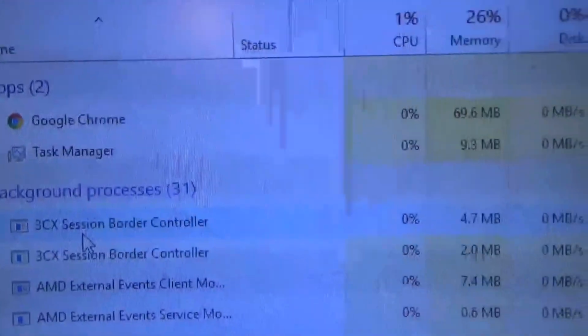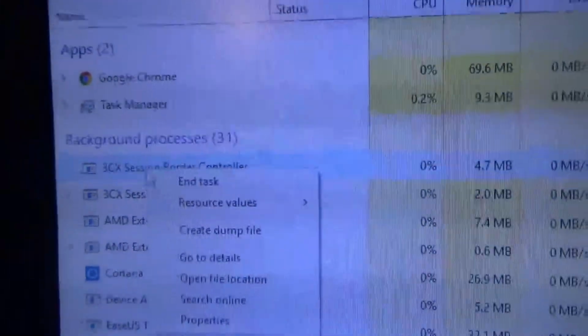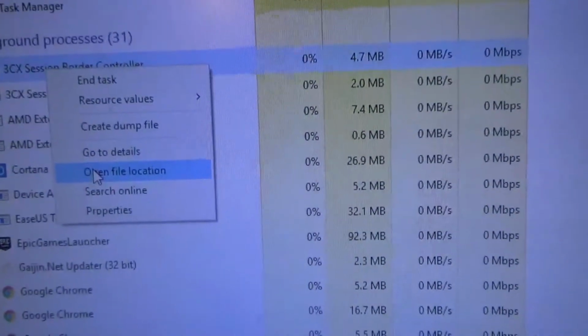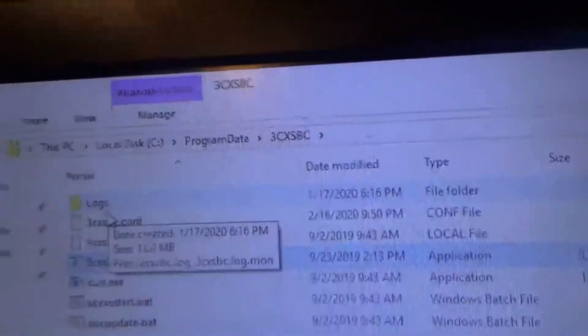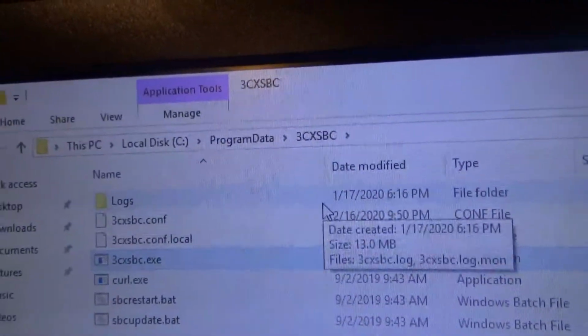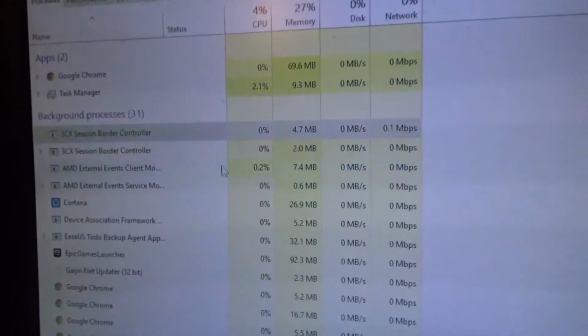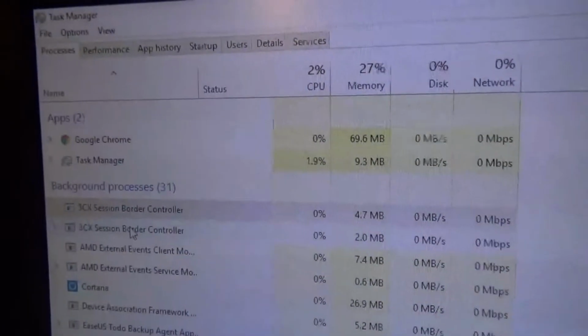But to do that, he had me set up what is this? 3CX Session Border Control. It's just a program I downloaded, and I didn't even have to do any configuration with it. But what it does is it tunnels, there's the file location by the way, it tunnels through the internet and pretends like his house and my house are the same local area network, so it just allows us to do some local calling rather than having to register a number with it, which would be costing money. So yeah, that's running on this computer over here, but the phone itself, which is actually really nice, is